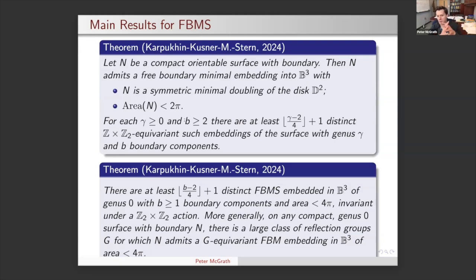But there are certainly many of the symmetry groups or actions where we do expect the surfaces to line up with other constructions. So there's just lots of constructions. So for example, there's many genus 0 doublings of the disk by Fulha, Picard, and Zolotareva